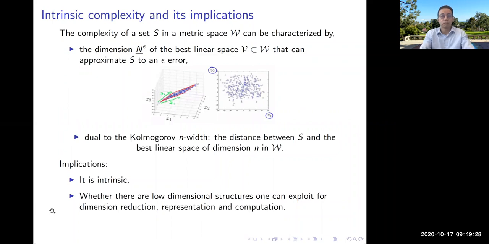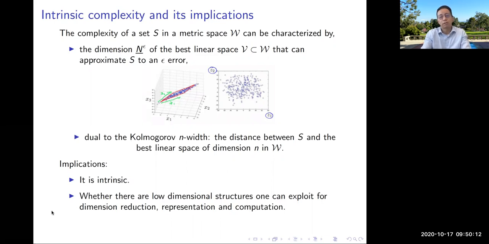So if you see there is a low-dimensional structure, that means given epsilon, the dimension is either very low or grows very slowly with epsilon, and then this is a good problem. You have good hope to do dimension reduction, model reduction, whatever you can do, and this can help you in computation and in representation. But as I said, you still have the challenge of finding a good representation or basis of that space. But in general, you have hope that you can work on that.